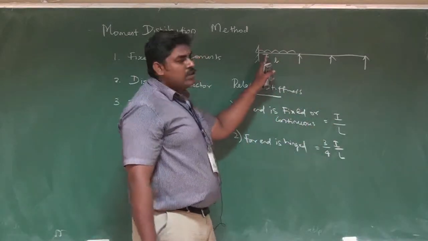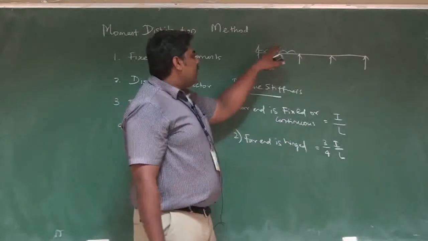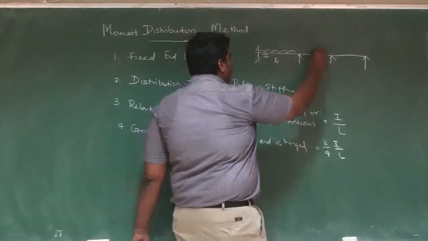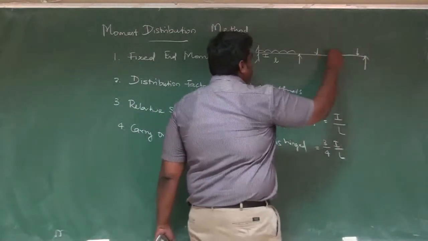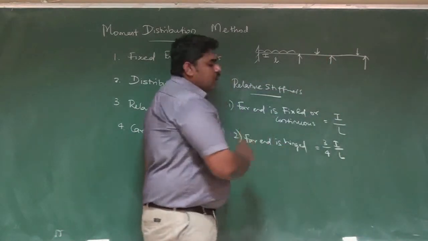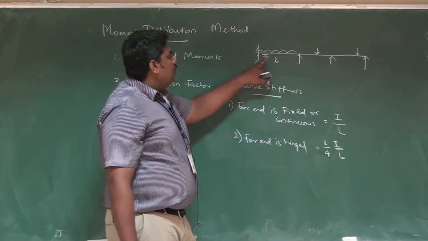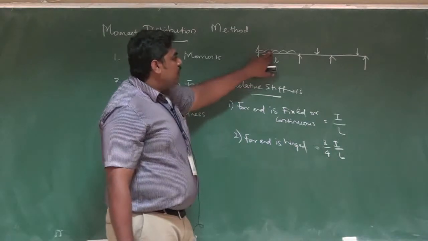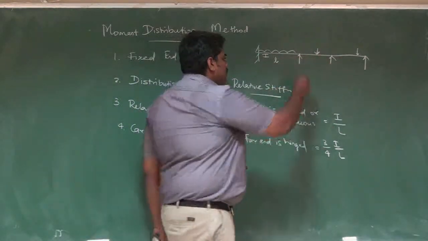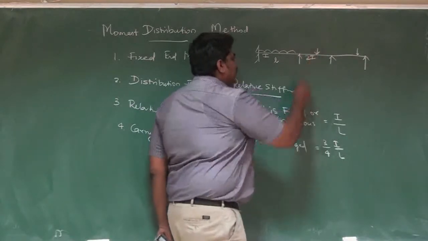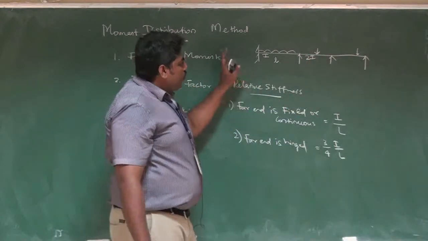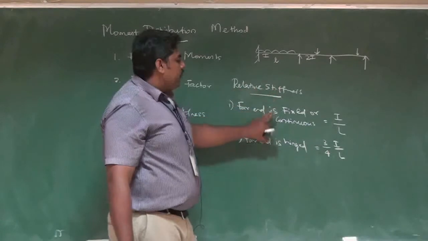So you don't have to bother about the loading which is acting in the structure. Whatever may be the load in the structure, you don't have to bother about it, because we need to calculate only the relative stiffness of this particular member, right? So I is the moment of inertia, the size of the beam here. If I assume I have 2I here, it is going to be a variable, right? So only the I value and L value are going to play a part here.